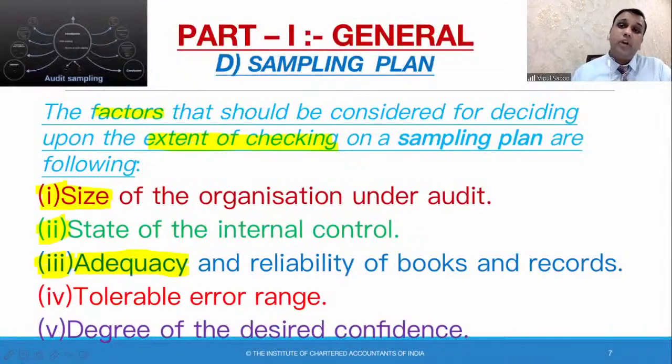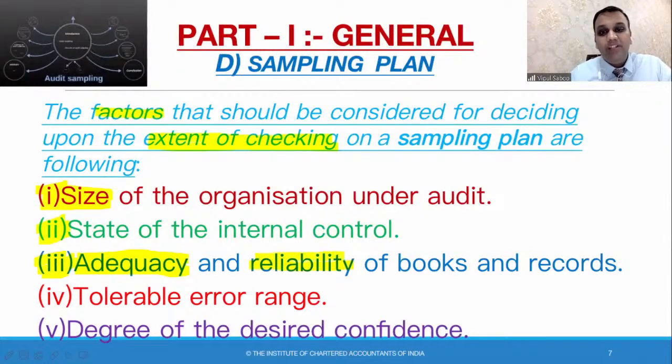Or you have been provided with the whole set, the complete set. That is adequacy or inadequacy. Whatever is required by us, is it available to us, or is there some deficiency? If some documents or books are missing, then it would be inadequate. Otherwise, if we are provided each and everything we want from the client organization, that is called adequacy. So, adequacy and reliability.